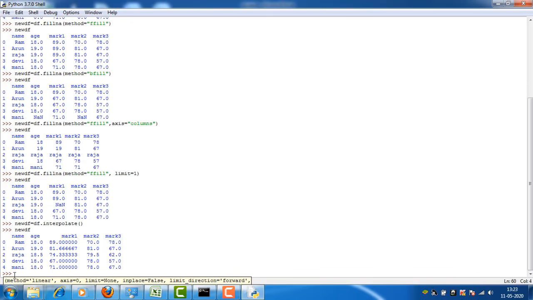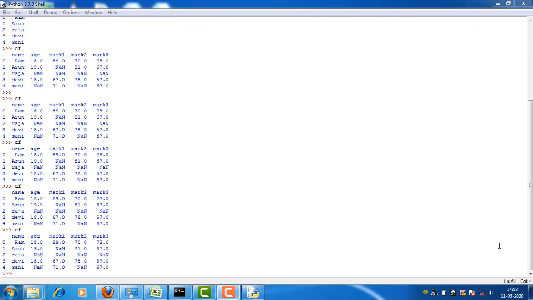Now we are going to see the dropna method. The dropna method is used to drop all the columns and all the rows which have no values. Okay, so let us see. New df is equal to df dot dropna.